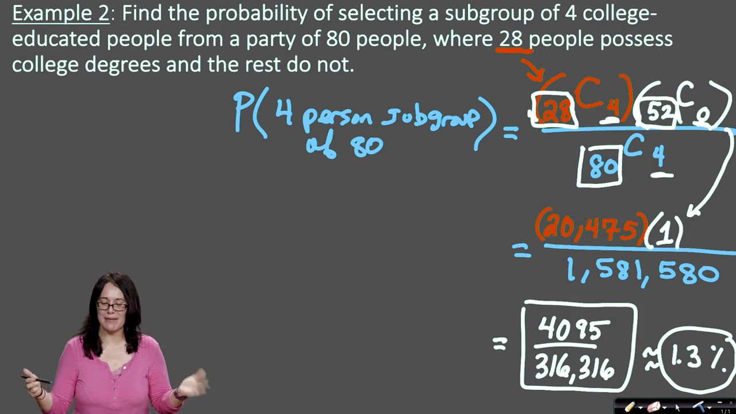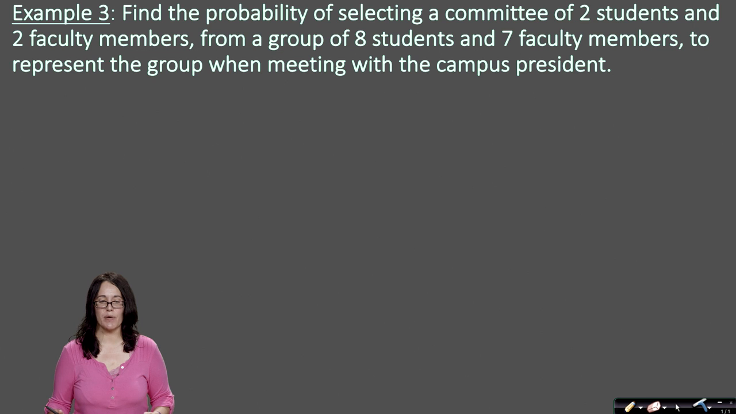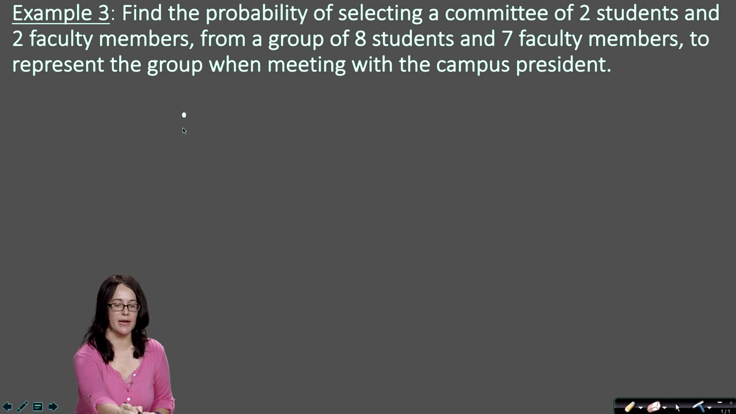Okay, so let's have you try another problem just like this. I highly encourage you to pause it and try it yourself. It says find the probability in example 3 of selecting a committee of 2 students and 2 faculty members from a group of 8 students and 7 faculty members to represent the group when going to meet the campus president. Okay, so as soon as it says probability, you think fraction. Okay, so at this point, I'd encourage you to pause this video and see if you can set it up